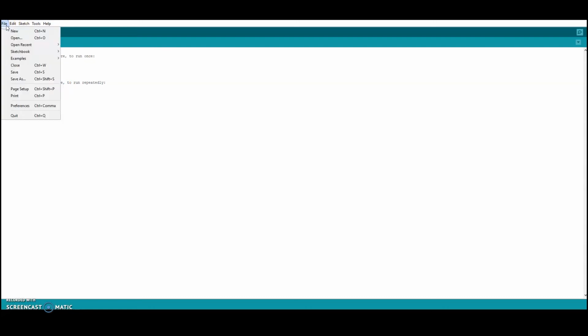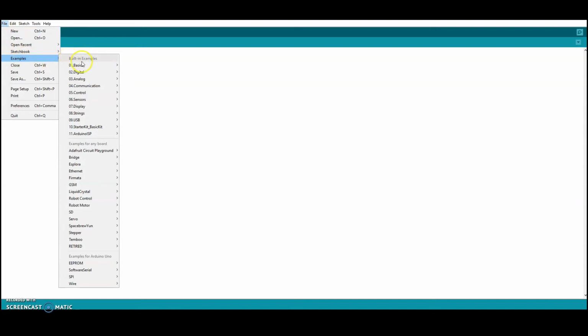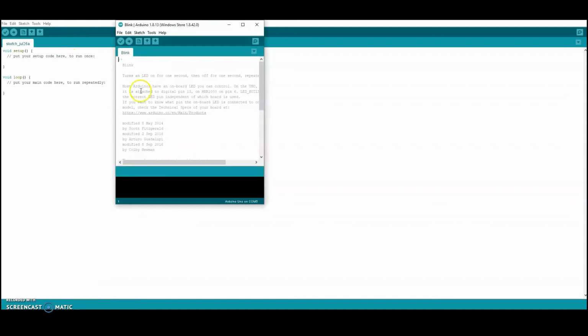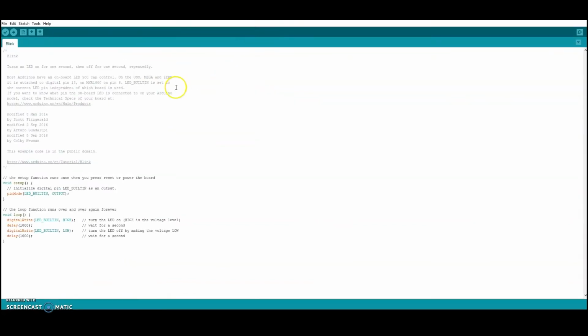Now, I'm going to give you an example of a piece of code that is already available for you on the templates. So we're going to go to Blink, which is a piece of code that allows you to blink an LED. Now you'll notice up here at the top there's a little explanation as to what the code is, and there's a / and then an asterisk up here, and then down here there's an asterisk and a /. Basically what that means is that anything that starts with this and ends in this is a comment,